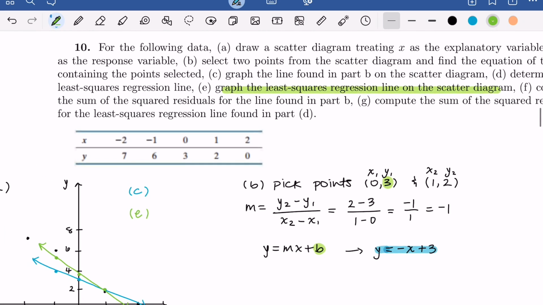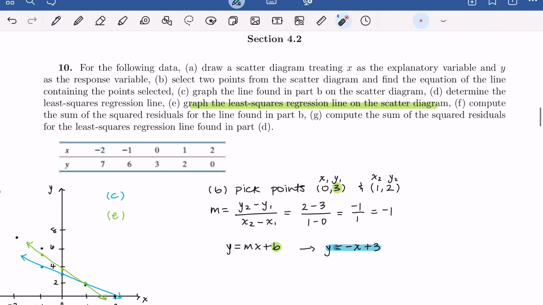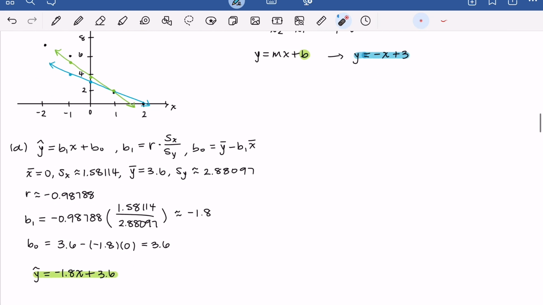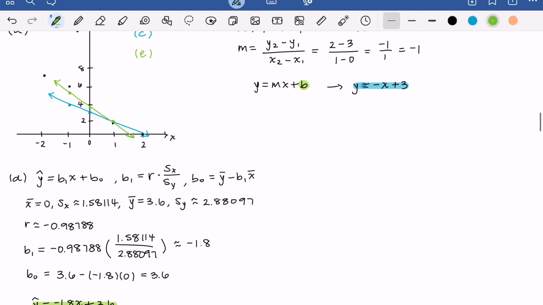Now, for the last two parts in this problem, for part F, we're going to compute the sum of the squared residuals for the line found in part B. And then for part G, we're going to do the same thing, except we're going to compute the sum of these squared residuals for the least squares regression line found in part D. Yep, so let's do